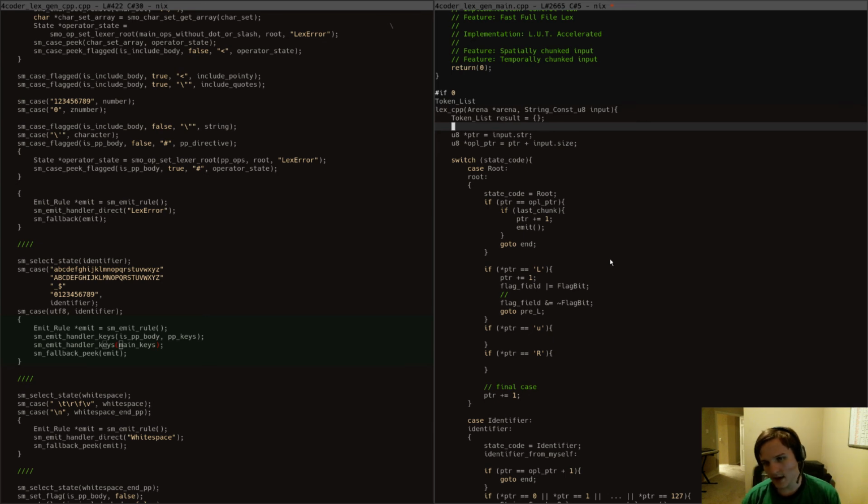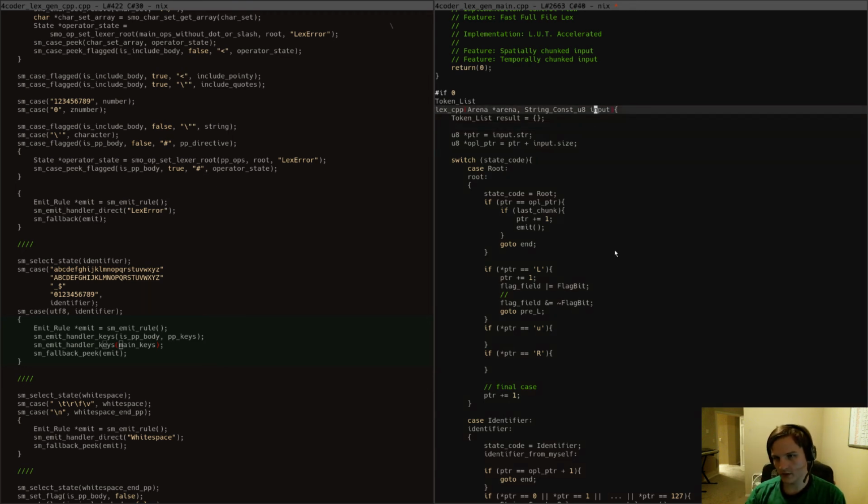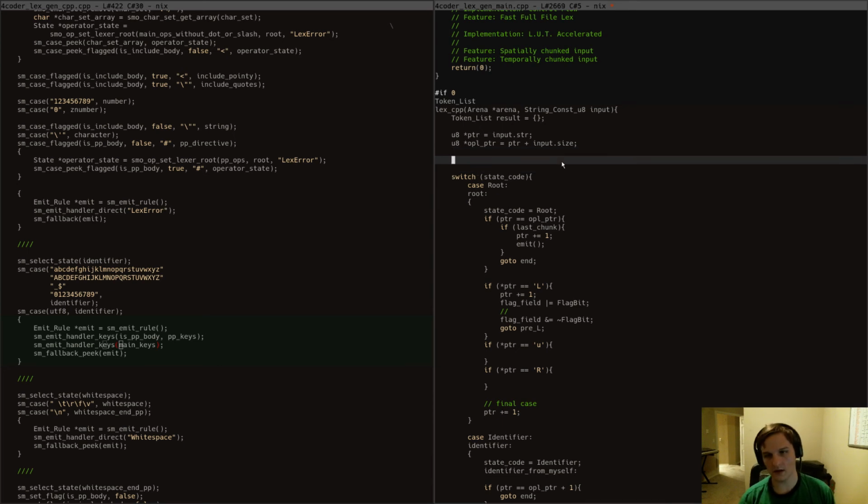when we get an input chunk here, we can initially prepare enough memory for identifiers right here. Now this was true of the other one too, but now that I think about it, what we really need is just some scratch, right? So if we have, I don't know if I actually have a thread context in 4coder. It looks like I don't, so I'm going to just say scratch. If we have a scratch here, then we can say, look,